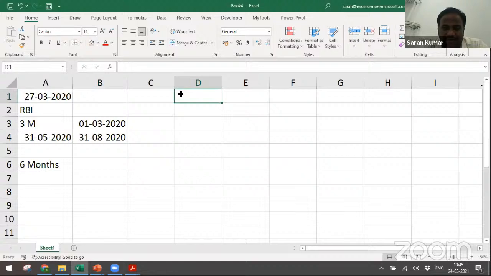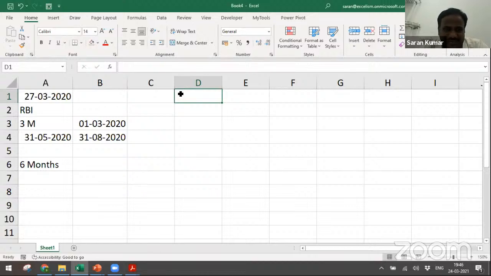Then one association filed a complaint with the Supreme Court stating, please give us relief on the interest waiver. Okay, interest on interest as well as interest waiver. Then the Supreme Court said in its interim order dated 3rd September that they asked for information from the Union, the central government, as well as RBI.